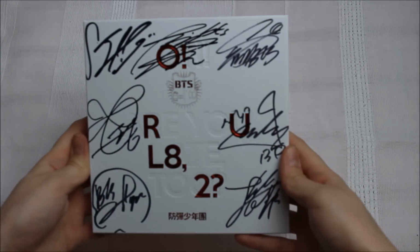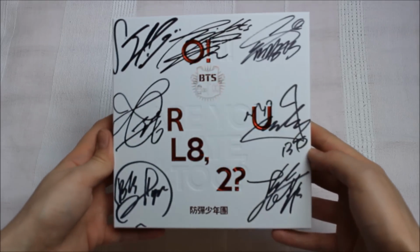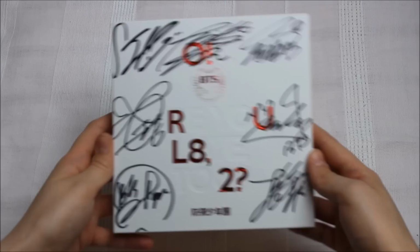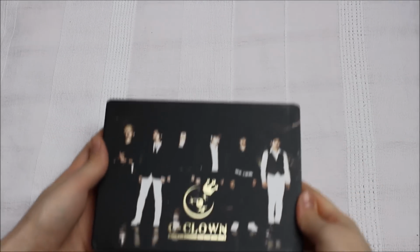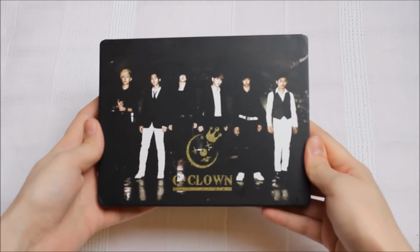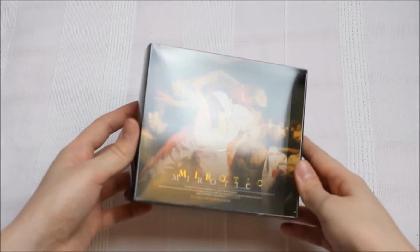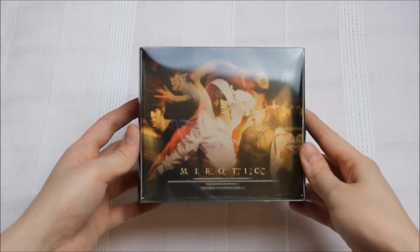And I also have their follow-up one, Oh Are You Late Too, and I got a signed copy for that one, which I'm really, really happy about. And then I have C-Clown's first album, Not Alone. Then next we have the A version of Donbangsinki's My Erotic,